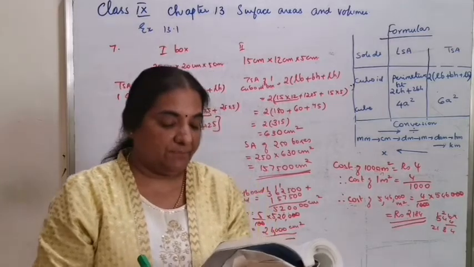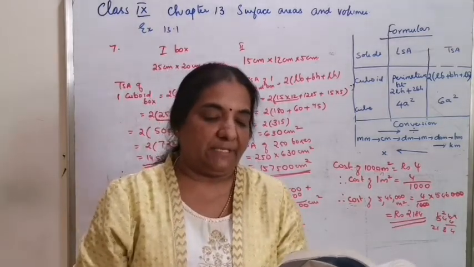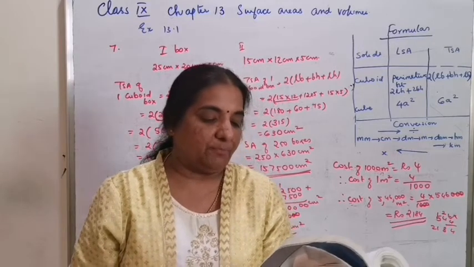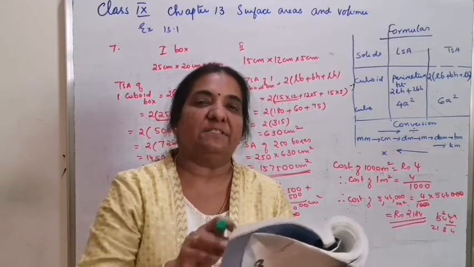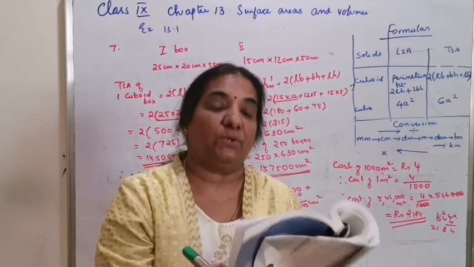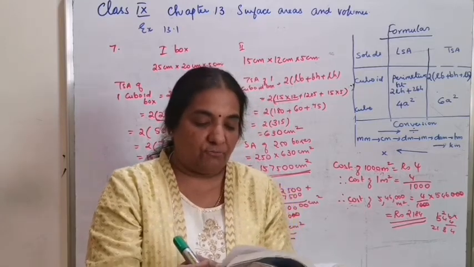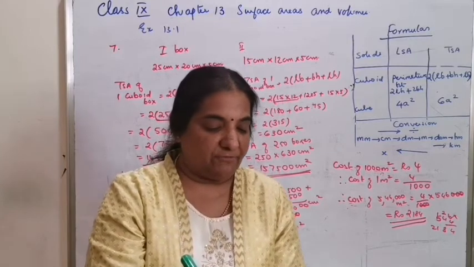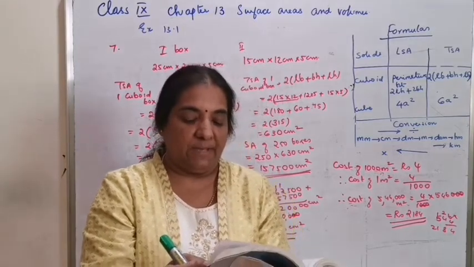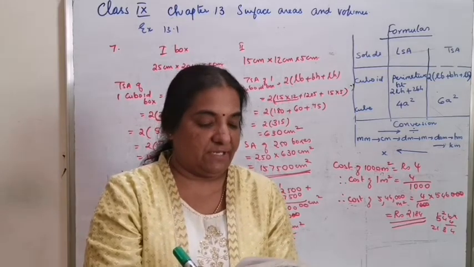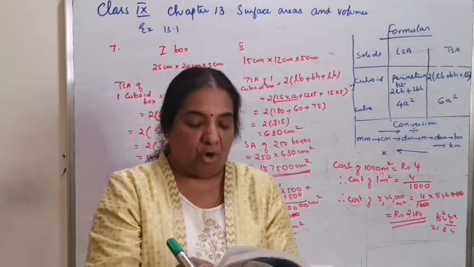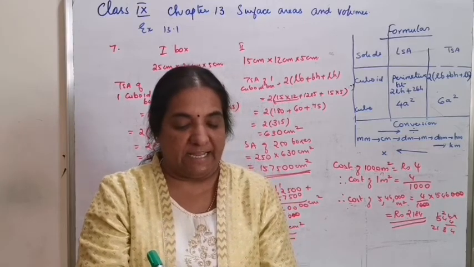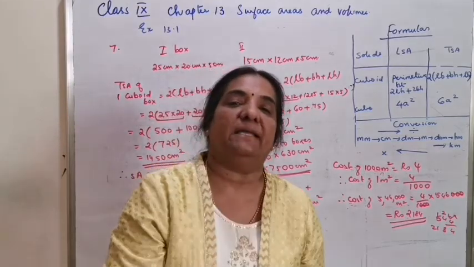Question number 8. Parveen wanted to make a temporary shelter for her car by making a box-like structure with tarpaulin. Tarpaulin is a material which can keep things from getting wet. It covers all 4 sides and the top of a car, with the front face as a flap which can be rolled up. Assuming that the stitching margins are very small and therefore negligible, how much tarpaulin would be required to make the shelter of height 2.5 and dimensions 4 meter by 3 meter?